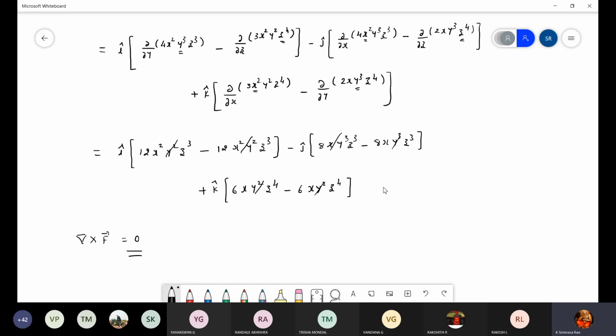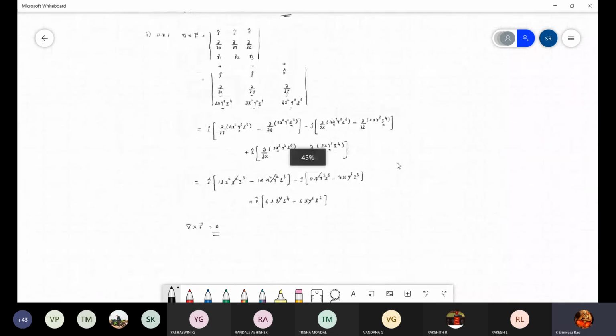And we have a meaning for this. Especially if the answer comes 0, if divergence and curl come 0, it has a different meaning and application, and that we will solve in another problem. The same problem will repeat in the next concept. Okay. Did you understand how to calculate the divergence and curl? Yes, sir. Okay. I'll take the next problem.